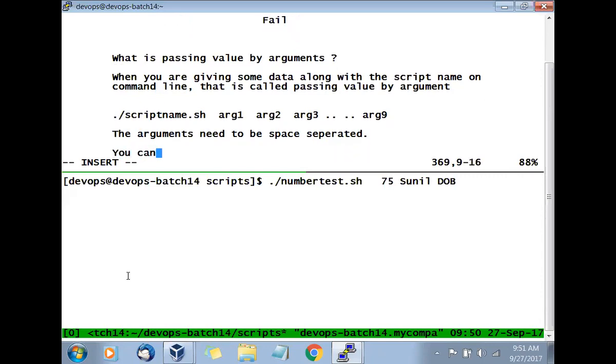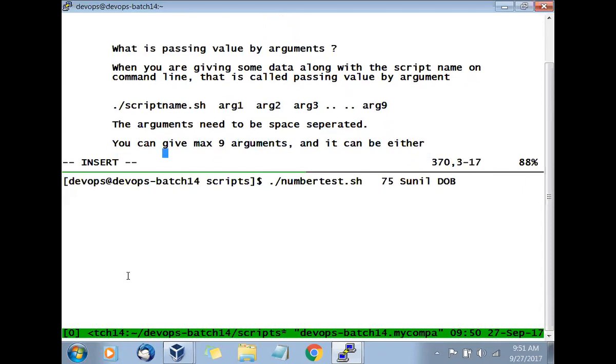You can give a maximum of 9 arguments, and each can be either a character, string, number, file name, and so on.